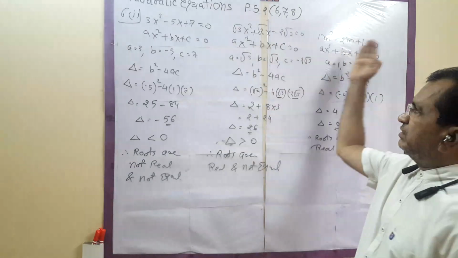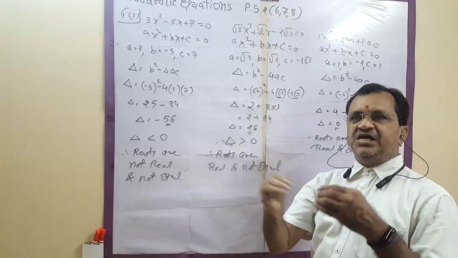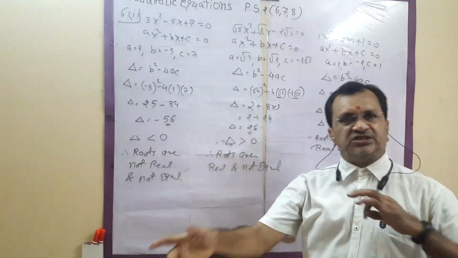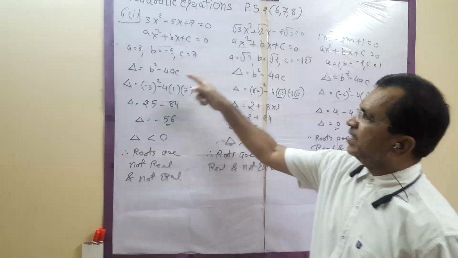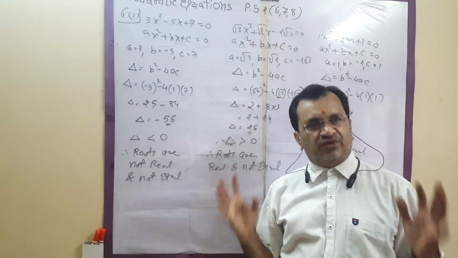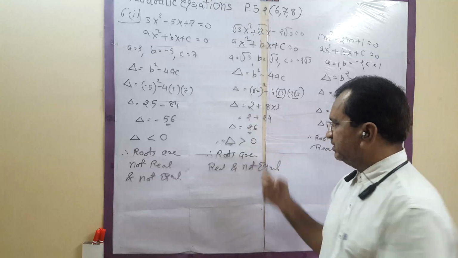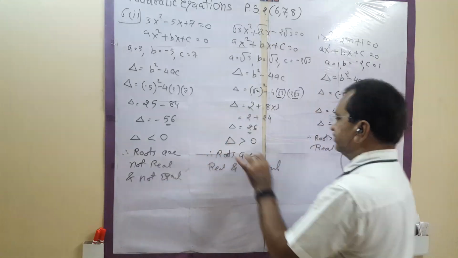Okay. So write in this form of standard equation, then write the standard equation, then write a, b, c, match. If it is plus, write plus, if it is minus, write minus. Then the formula: discriminant is equal to b square minus 4ac. Then substitute and find out the answer.